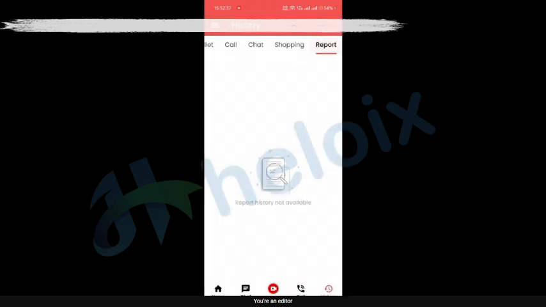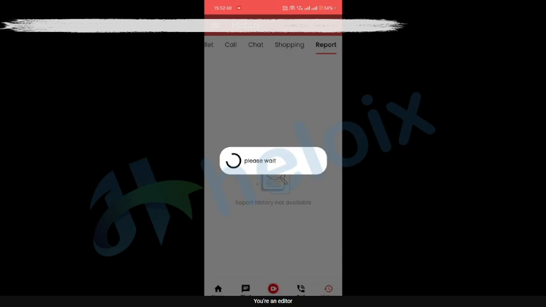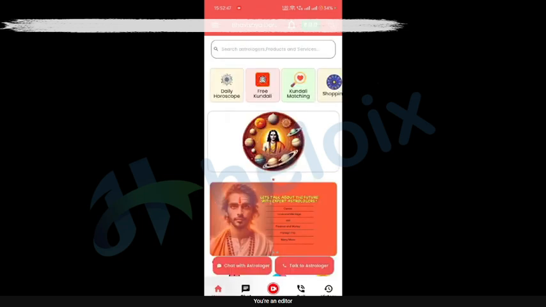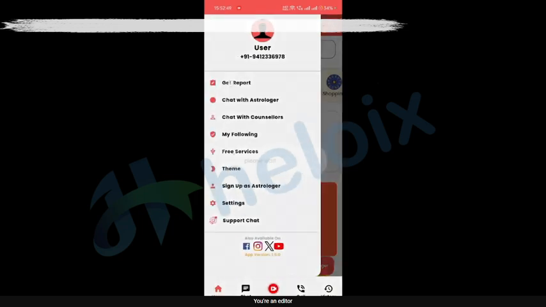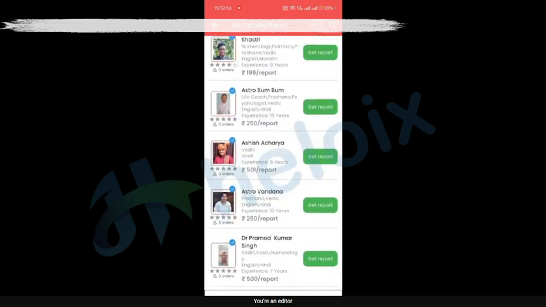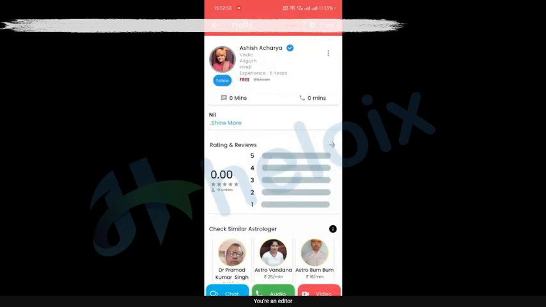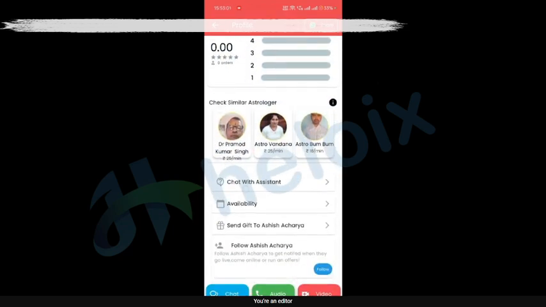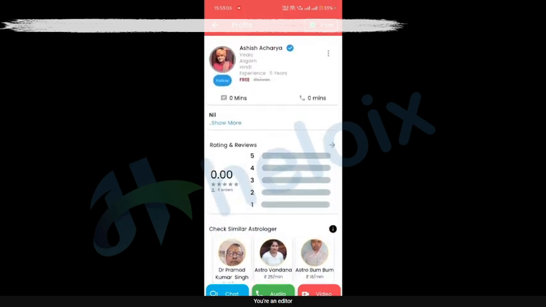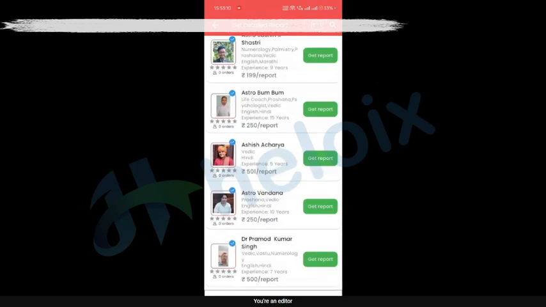Okay, here we can check all types of reports. Okay, here you can check ongoing call or ongoing astrologer, meaning if any astrologer is live, then the data will come here. Here you can check detailed reports. So here you can check all types of reports. You can ask for a report and the report will be generated. Here you can check astrologer profile data, like how many reviews they have, how many minutes of calls, and the amount they are charging, and here you can manage that.